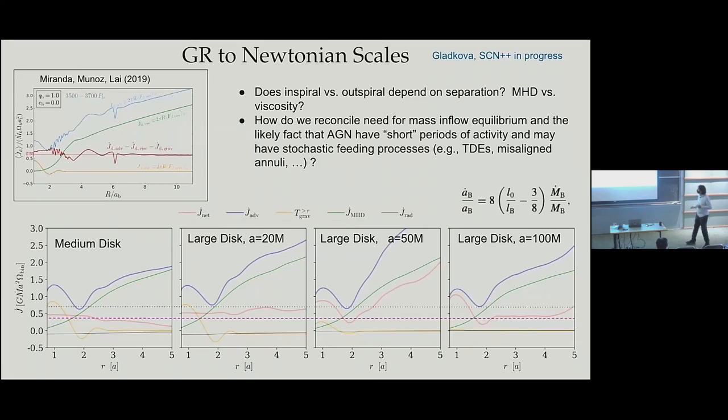It's a generic feature. J dot grav is an integral quantity. The torque density per unit radius oscillates in sign. And so that's what you're seeing. Yeah, well, the position of the oscillations is fixed in terms of R over A. So I would not put a lot of confidence in the relative amplitudes of these as a function of separation yet. I think these still need time to equilibrate.